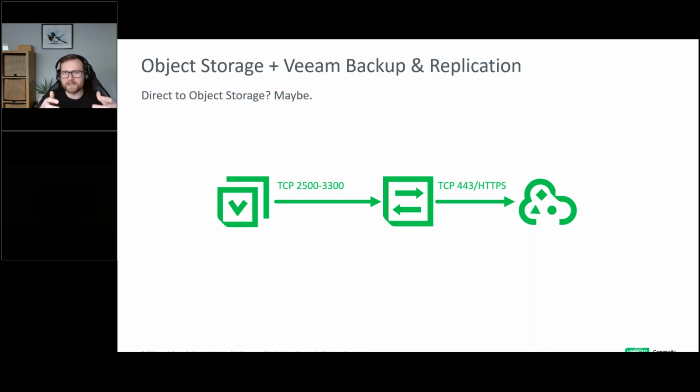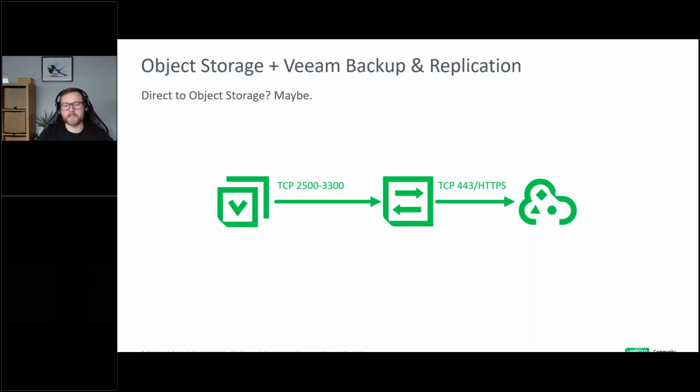So going back to our insultingly simple diagram here, we see a little bit more going on than last time. Now we've got two connections taking place between three endpoints. We've got our Veeam agent communicating to the Veeam gateway server, and that's using a destination port of TCP between 2,500 to 3,300. And then the Veeam gateway server role is accepting this traffic, and it's opening a second connection, which is to our object storage endpoint, and it's using TCP 443. So if you're going to change connection types, be sure to validate your firewall rules will support this end-to-end, or suddenly you're going to find your backups failing.